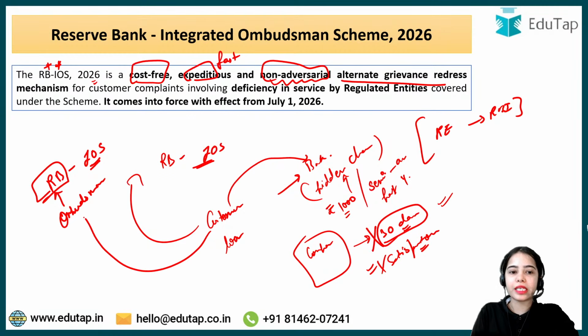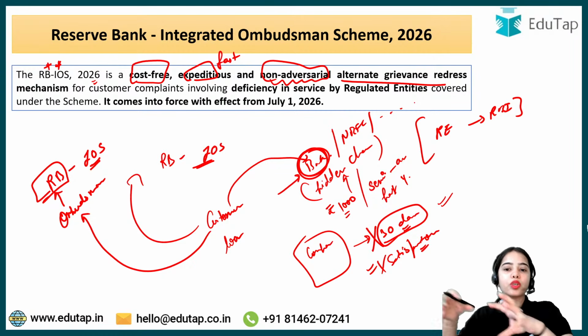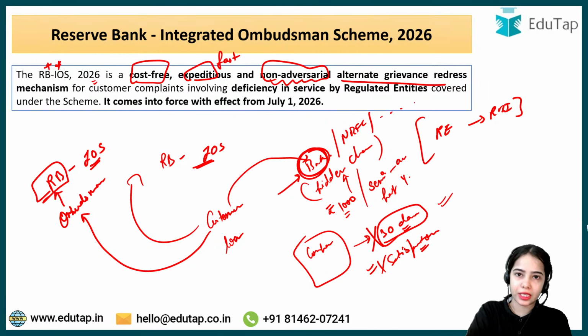That means you are basically raising the complaint with the RBI Ombudsman that okay, I have a complaint against this particular bank, or against this NBFC, or against other entities that we will discuss. So this is the crux, the basic idea: if you have a complaint against a bank or a regulated entity, you will raise the complaint there first. If they are not replying to you within 30 days, or not replying in a satisfactory manner, then you can go to the RBI Ombudsman, okay.